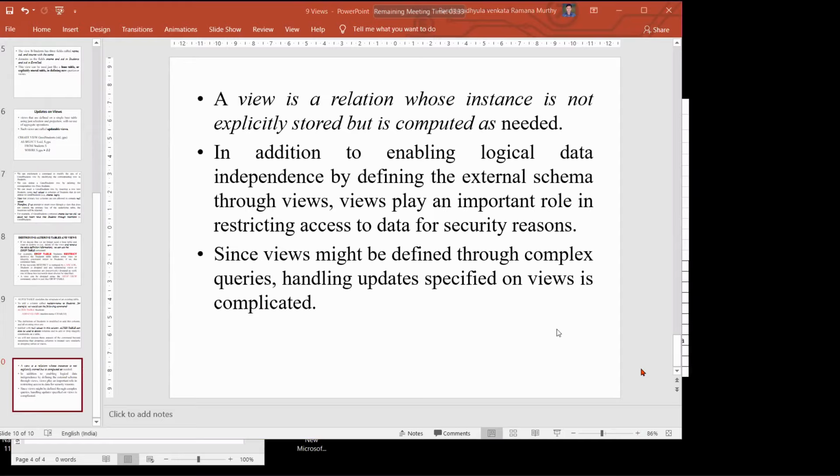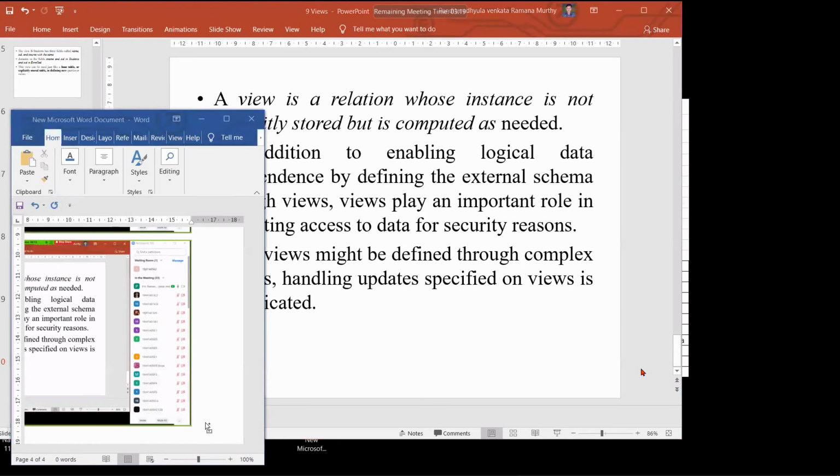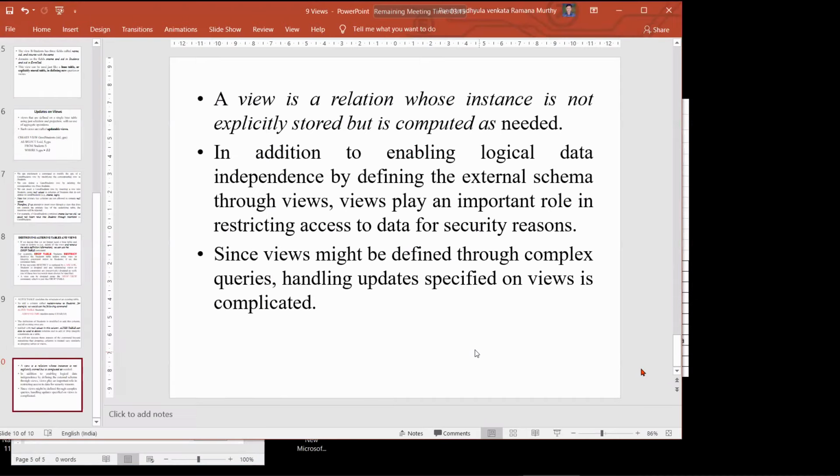The queries also I will show you later. Handling update operations on the view is very complicated. Updating views is very complicated. Okay, because as I told you, you can do some operations if you are creating it from a single table. It may not be created from multiple tables. And also, if you are not using aggregate operators, then we can do all operations. Otherwise, there are restrictions on the views.